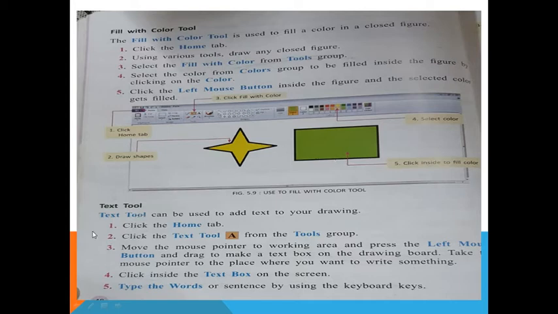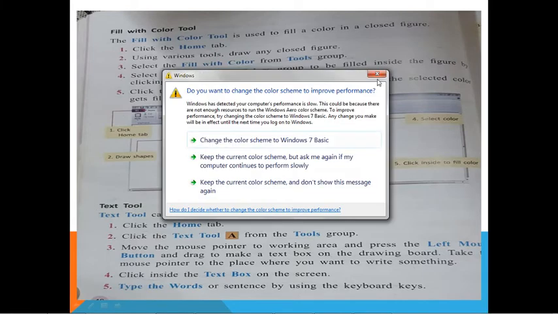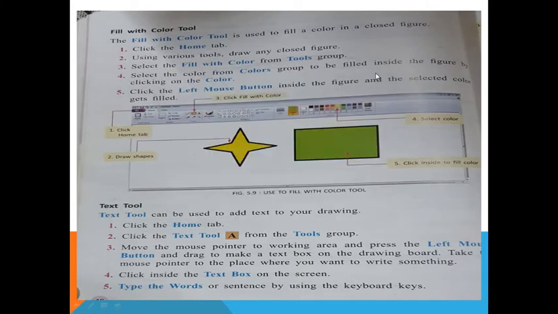See, next, the text tool. After that, fill with color means that for these closed shapes we choose the fill with color tool here, and after that we choose a color and fill here. So the color does not go outside the lines. That's why it is called a closed figure. Come here next, the text tool. Please read every day, even a little, then you will be able to understand. And please do the practical, easy and very good for you.